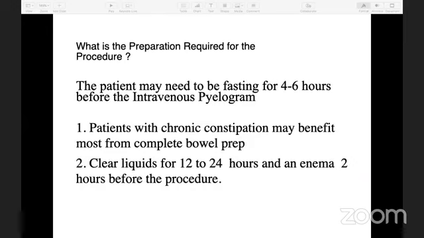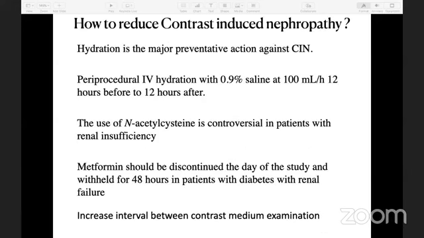Preparation for IVU is the same as that for plain X-ray, except that the patient should be fasting for 4 to 6 hours to prevent aspiration of vomitus. The patient should be well hydrated to reduce contrast-induced nephropathy. The value of N-acetylcysteine is controversial in such patients, and if there is pre-existing renal failure, metformin should be withdrawn